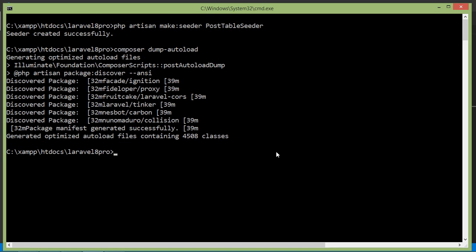Alright, now we can use the db:seed artisan command to seed the database. By default, the db:seed command runs the DatabaseSeeder class, which may be used to call other seed classes.